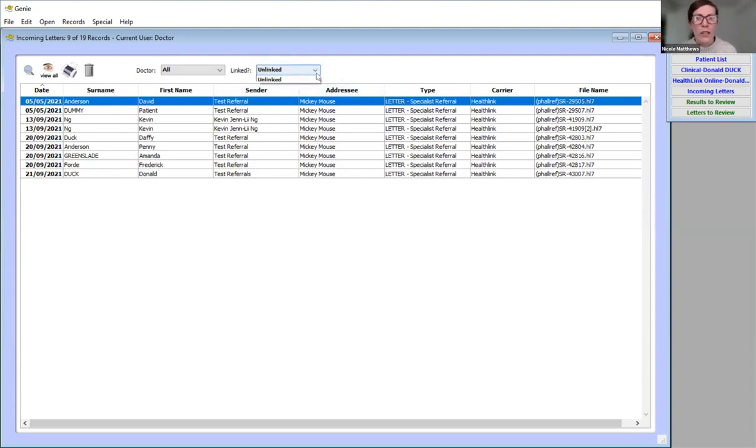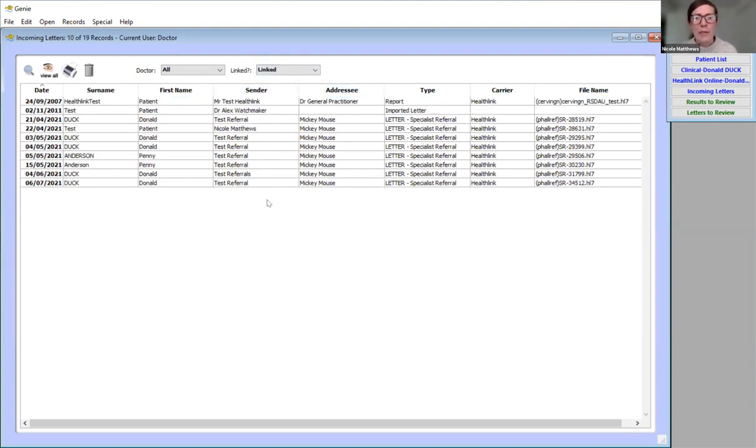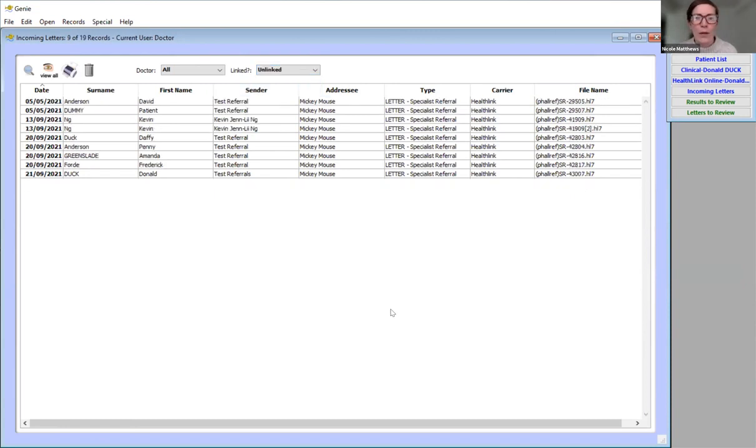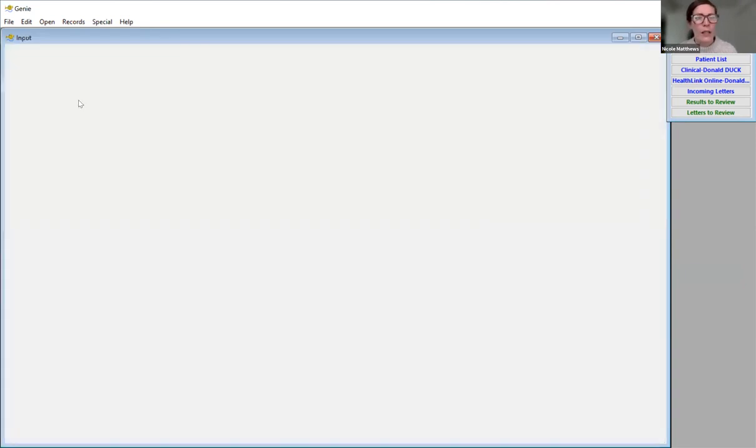If you want to see things that you've already linked, you can see there's a little bit more. Now, I don't use Genie too often, other than for doing demos, so I don't have a whole bunch there, and obviously I don't receive pathology reports. So I'm going to open my first letter in my incoming letters. So I double click on that,